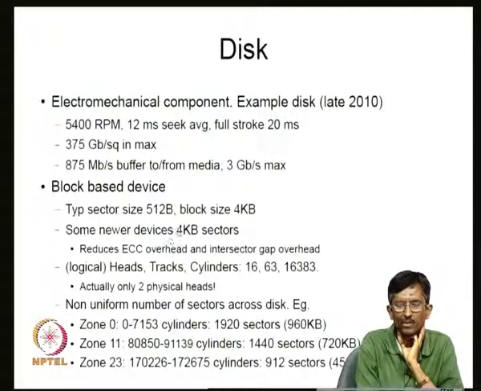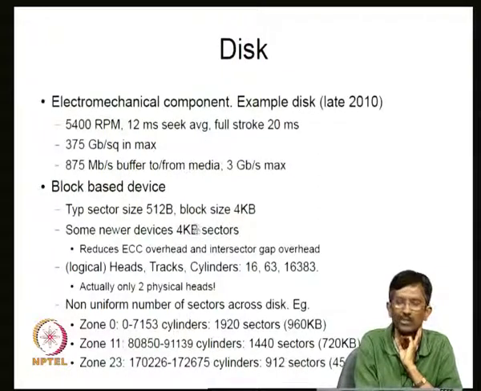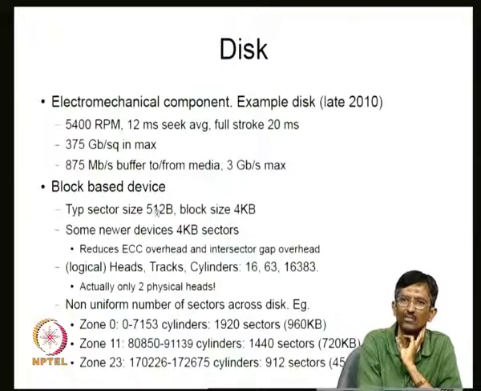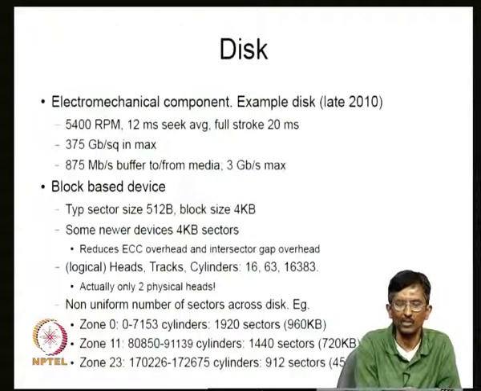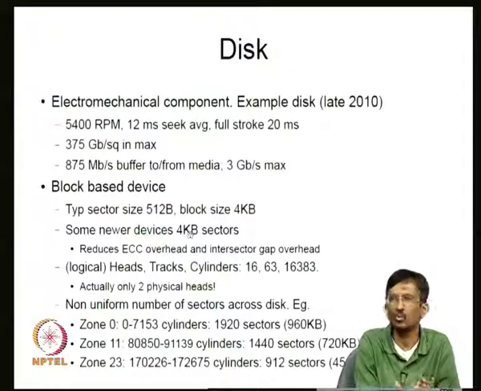Whereas if you go from 512 byte to 4 kilobyte, you need only 100 bytes. Since it is only 100 bytes, you are losing about 4%. The efficiency in this case of 4 kilobyte is 96%, in the other case around 88% or 87%. The reason is that the amount of Reed-Solomon code you require is not linearly proportional to the size. It turns out that with slightly larger ECC size you can do much better, you can handle bigger sized